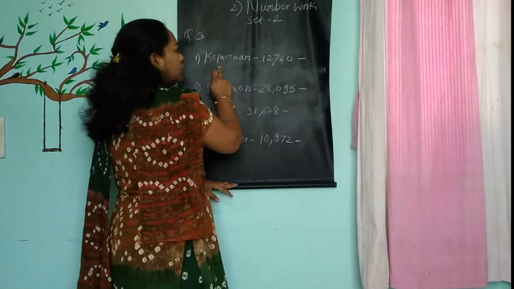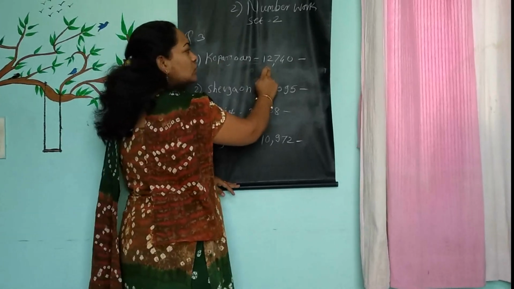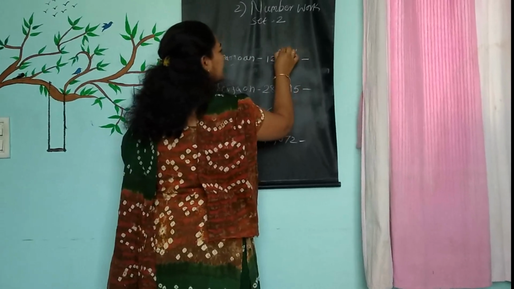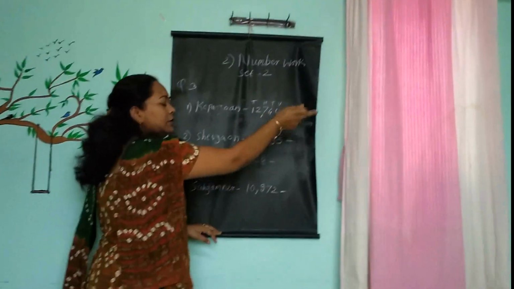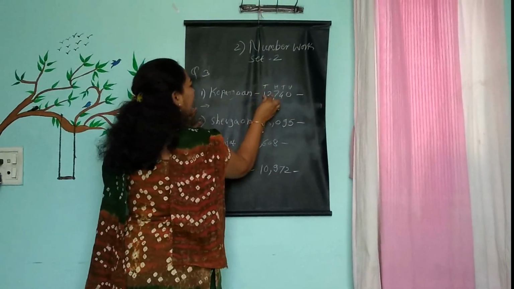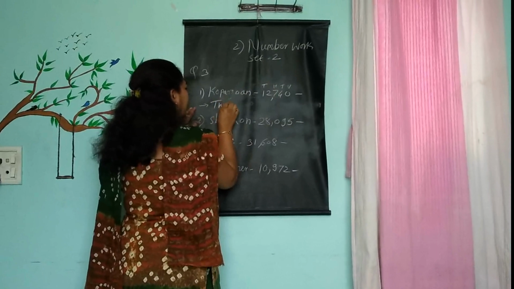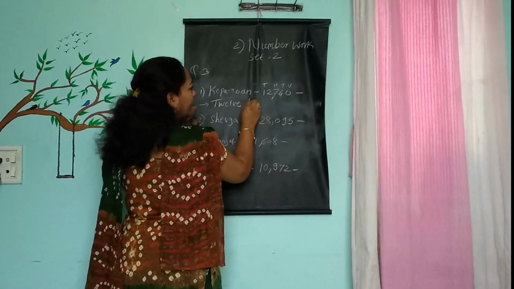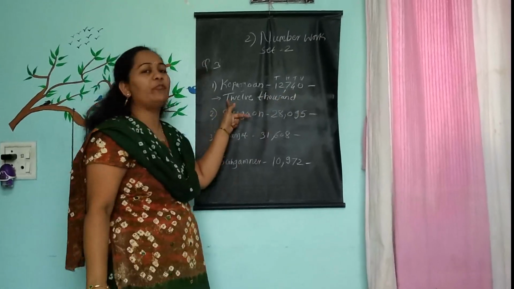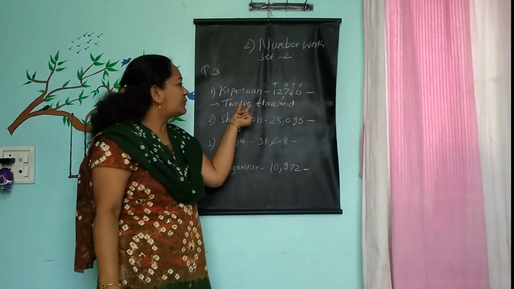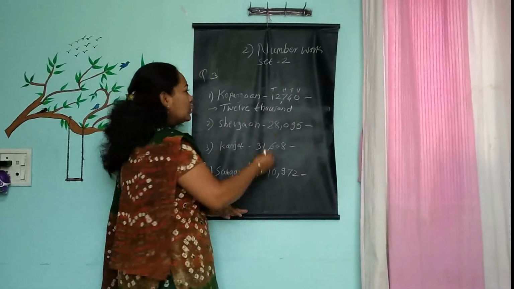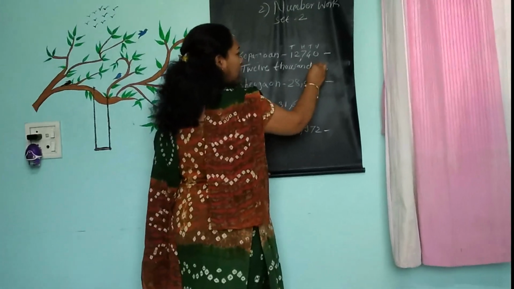Kopargaon is given here as 12,740. You have to split it like this way: unit place, tens place, hundreds place, and this is the thousands place. So in the international number system, our answer will be 12,000, TWELVE. I told all of you already, only the first letter will be capital. Keep suitable distance and write with good, even more excellent handwriting than mine. Then comma, as it is.